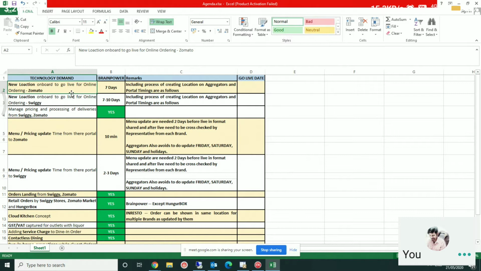Once it is listed, they will give you the unique code, and this listing is done by the restaurant only. So you will get a unique code for Mama Goto Bandra from Zomato and Swiggy. Once you get the code, the location creation has to be done in our ERP system. Once we do that, we as a POS service provider, Brainpower, will initiate the request for getting the integration done for Mama Goto.